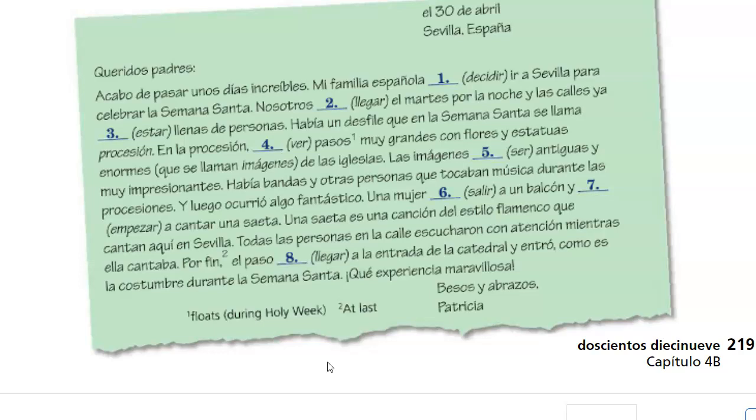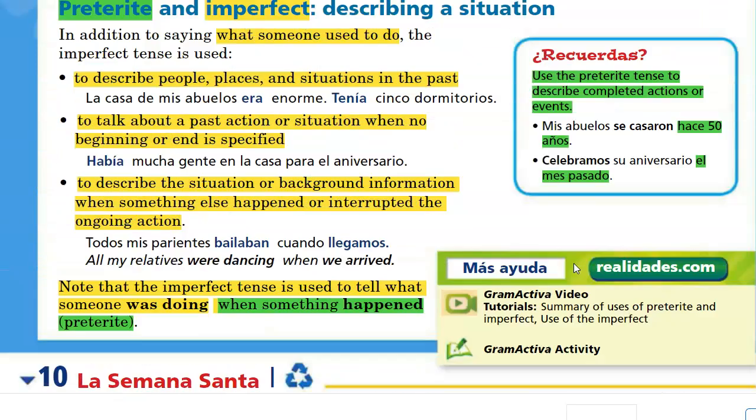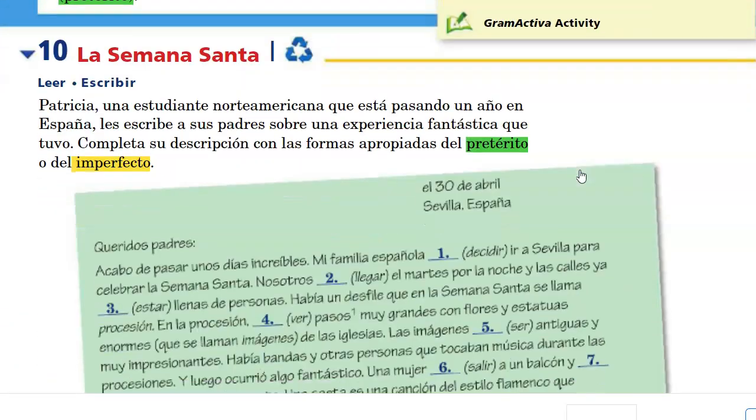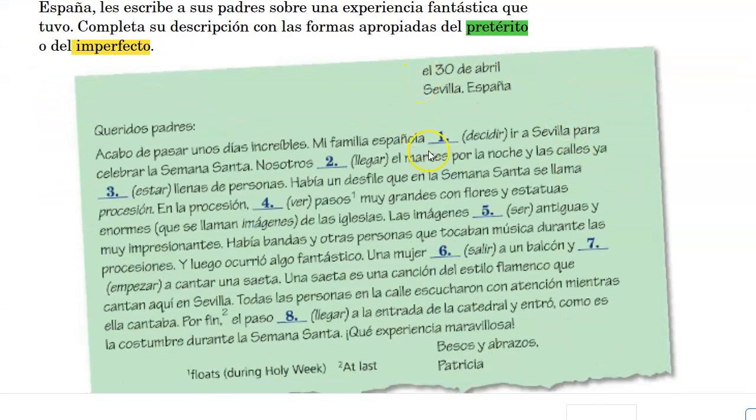is one of those verbs that is more often than not going to be in the preterite, because when we decide something, it's kind of viewed as a completed action, right? It's not an ongoing activity. It's just one and done, right? To decide, to be born, to die, to occur, like how we saw in the warm-up, that example with the verb occur, or to begin. We saw that in the warm-up as well. Comenzar. These verbs are more than likely going to be in the preterite. They're viewed as completed in the past.